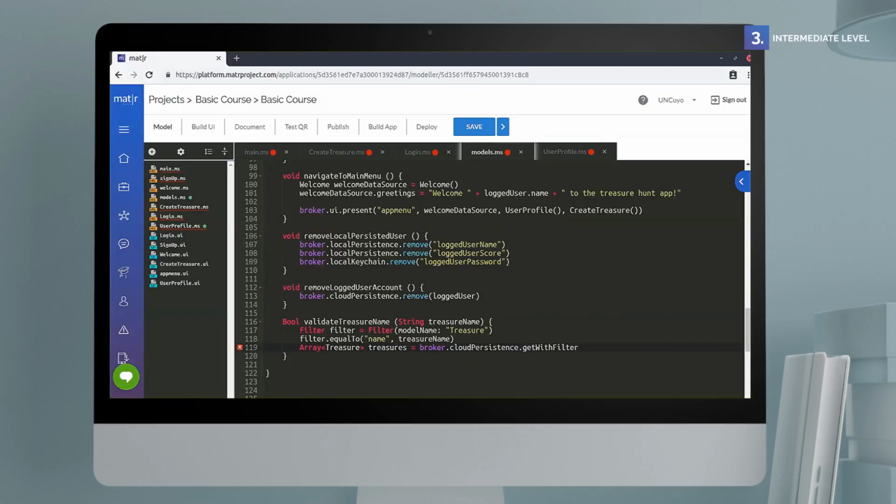For this, we will create an if structure. In the condition of this, we will evaluate if the search has thrown us elements. So we will use the size method of arrays. We will operate with greater than, and the value 0. If (treasures.size() > 0)